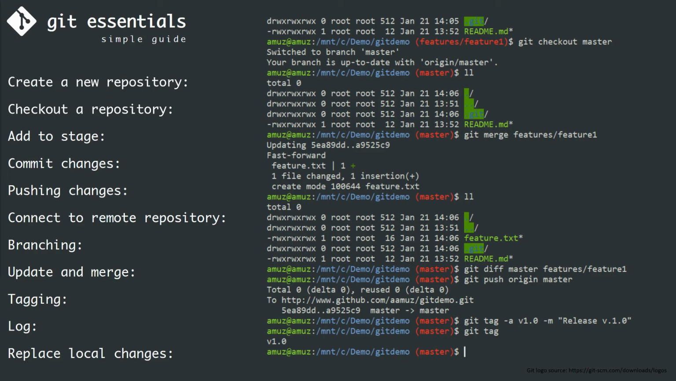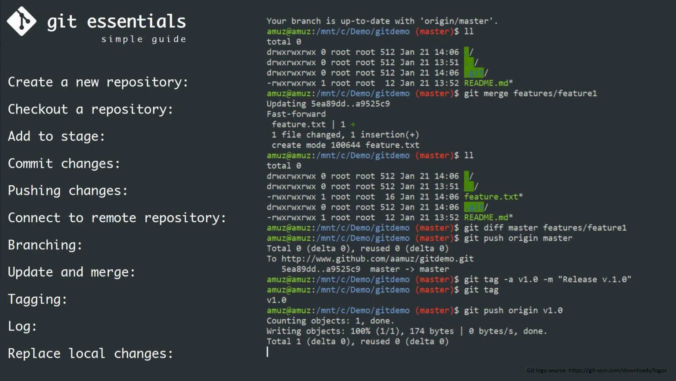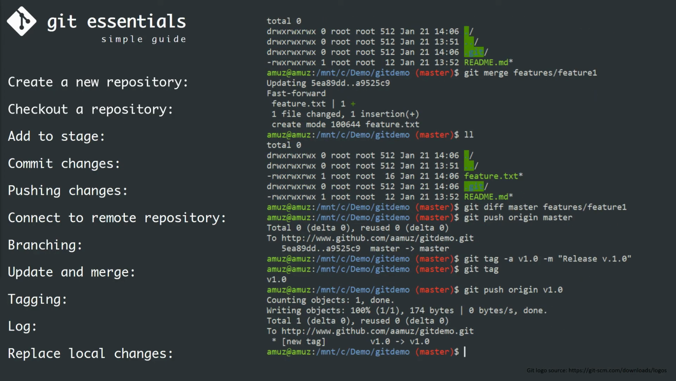If you want to push a tag to the remote repository, you have to do git push origin v1.0. You always push something to the origin, either a branch or a tag. So now we are pushing the tag, or the release version 1.0, into the remote repository, that is GitHub,